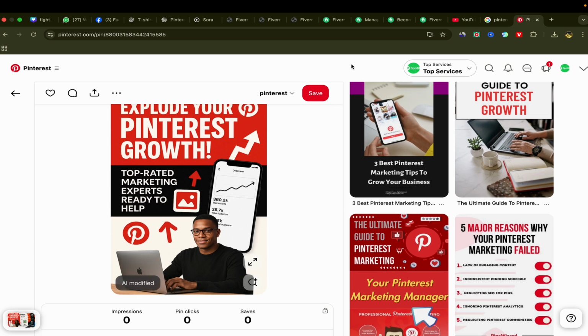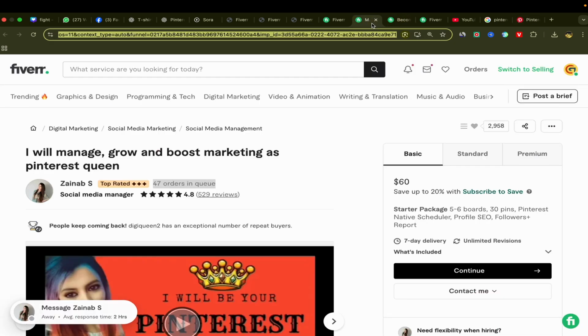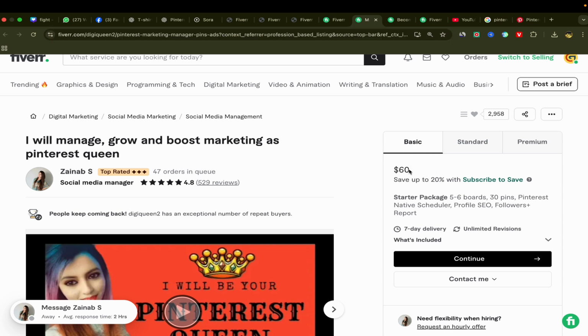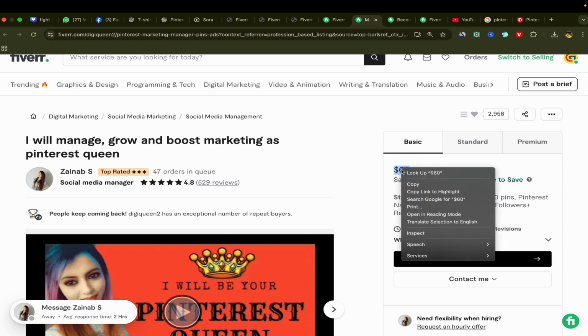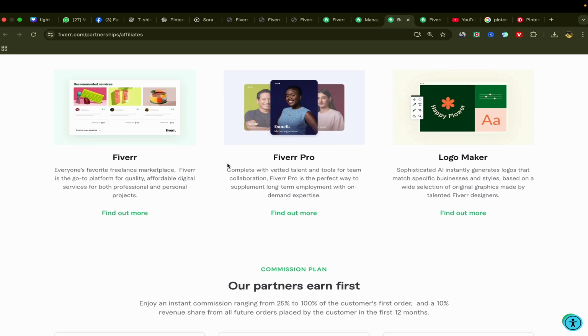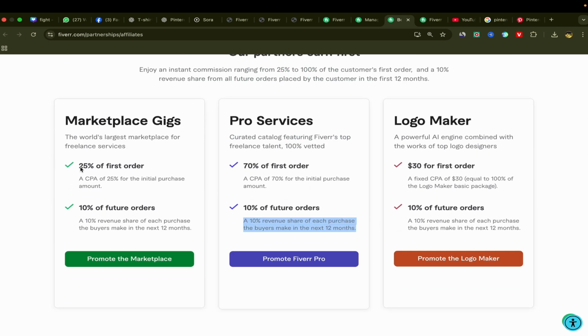So how much will you earn, for people who are asking? How much will we earn if we promote this service? So guys, this service is from a top rated seller, and the basic package starts from $60. Okay, you can see here we have a standard package, so people can buy this package, people can buy this package. So let's take, for example, they will buy just this basic package. You will earn, so if we go back to the Fiverr marketplace, for top rated sellers, guys, and level 1 and level 2 sellers, you will earn 25%